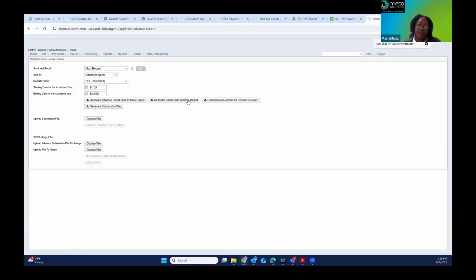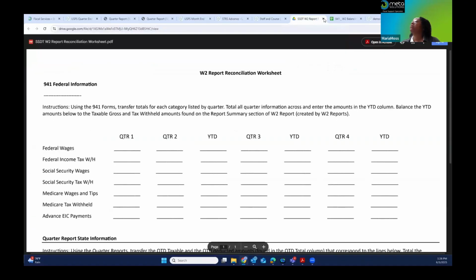The next report is the advanced position report, and it has a report of all positions advancing. It includes service credit, contract amount due, advance amount, and rehired retiree. So here's an example of what that report looks like.